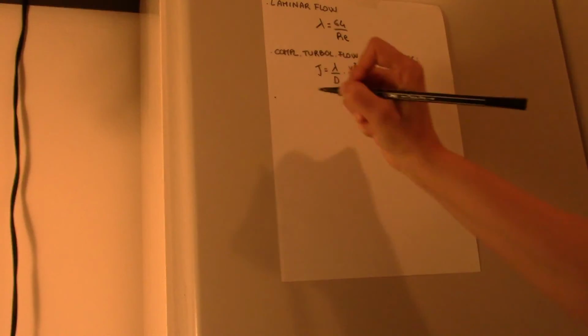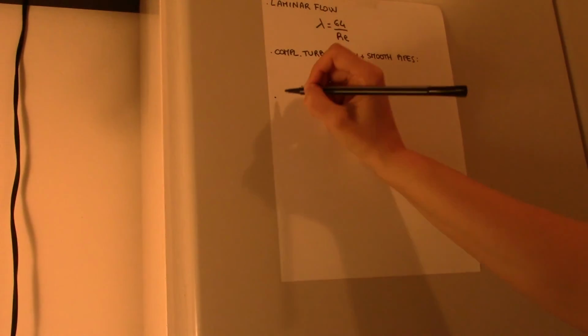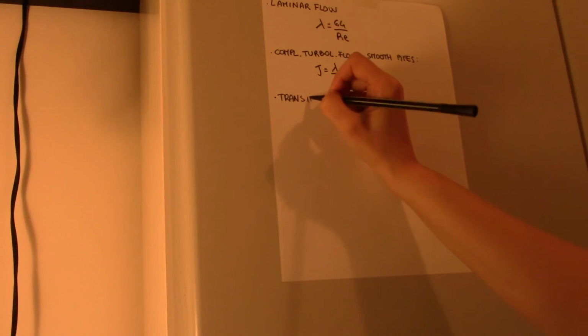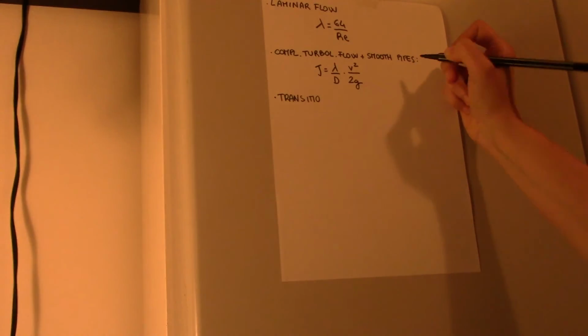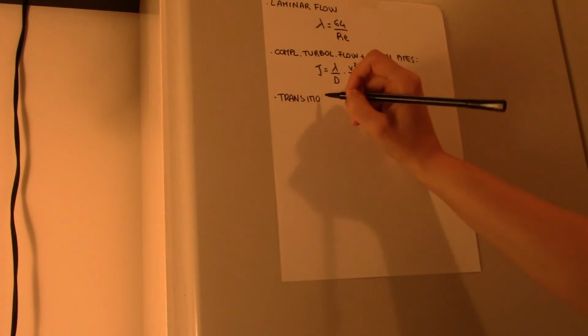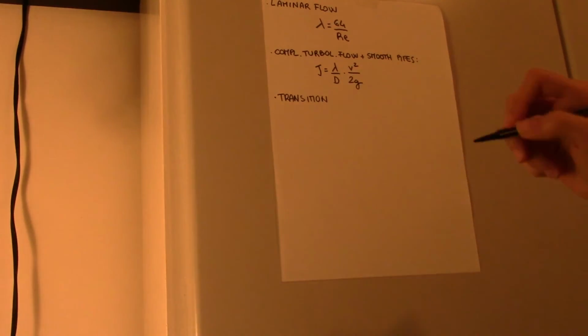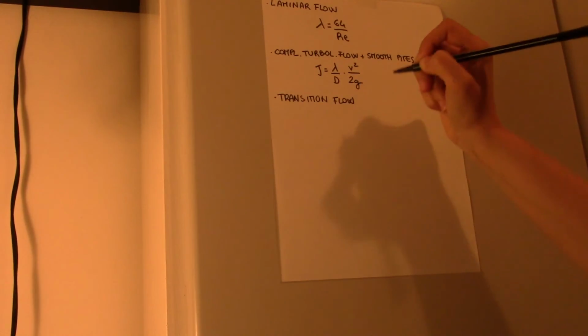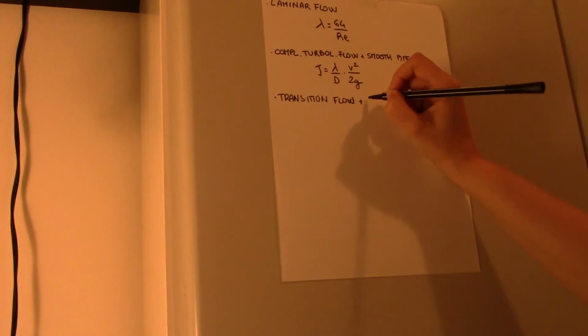The third case was, again, transition flow. So in this case we don't get any resistance law right now. The third case that we have seen is the transition flow in smooth pipes